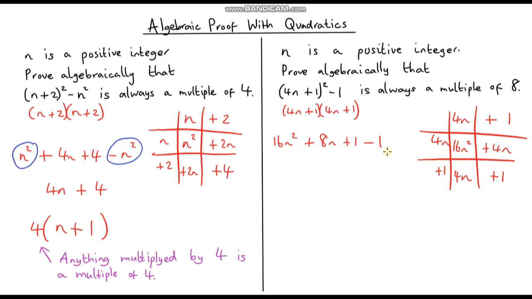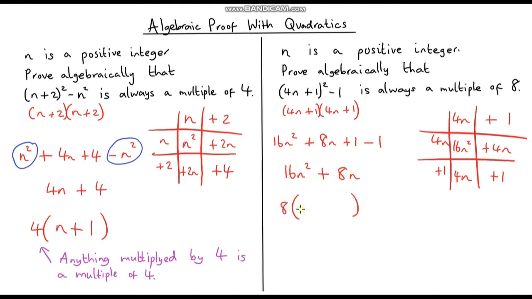So how can we simplify this? Well, we can see that the plus 1, minus 1, those two terms just cancel out with each other. So all we're left with is 16n squared plus 8n. And now to prove that this is always a multiple of 8, we can factor out an 8. So if we factor out an 8 from both terms,